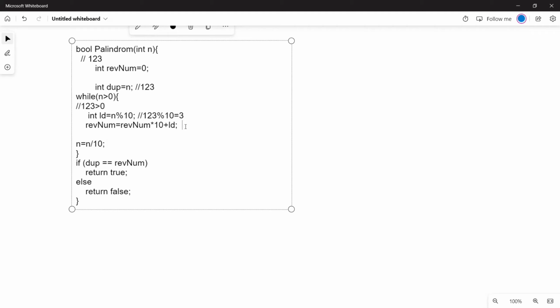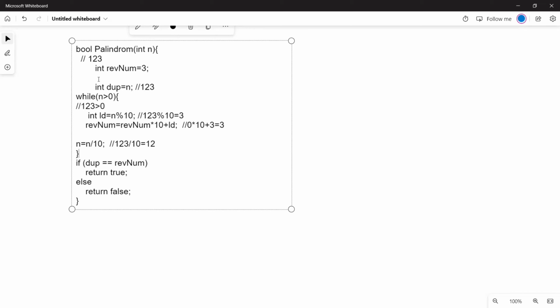We calculate the reverse num. Initially reverse num is 0. So 0 into 10 plus 3 is equal to 3. So we update the value of reverse num, which is now 3. Again, we trim down the number. 123 divided by 10, we get 12.